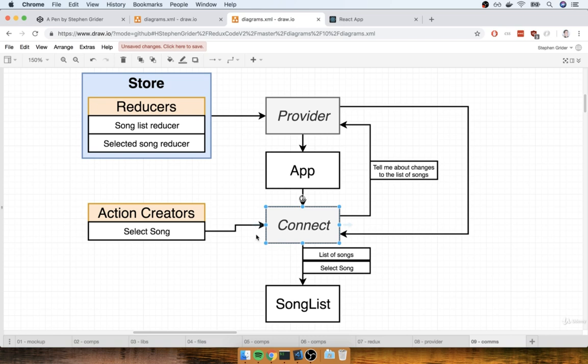We'll then configure this connect function or connect tag right here by telling it what different pieces of state we want out of our store and what different action creators we want to have wired up as well. The connect function is going to then kind of do all the magic for us and make sure that all of that data, both the state and the action creators, show up inside of our component as props. All right, so that's what's going on behind the scenes.